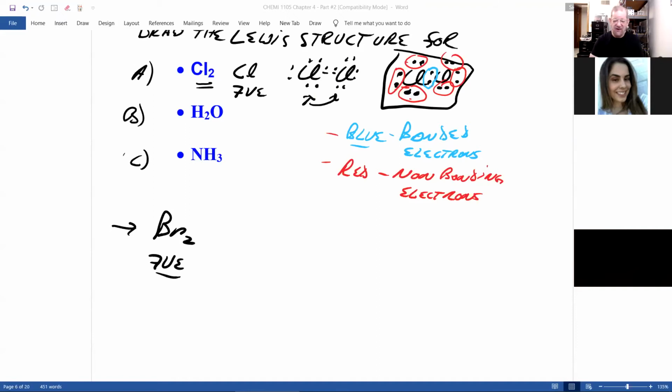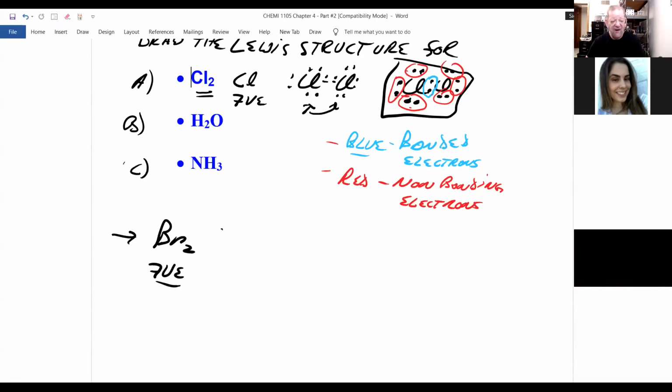And it looks like everybody's done, so I better get to work. Each bromine has 7 valence electrons, and it has 1 extra, and the same thing here, and it can share. And that's how you do it. Each bromine has 2 on each side, and between there are 2 of them. Notice this is your covalent or bonded electrons. I didn't ask you to do that, but